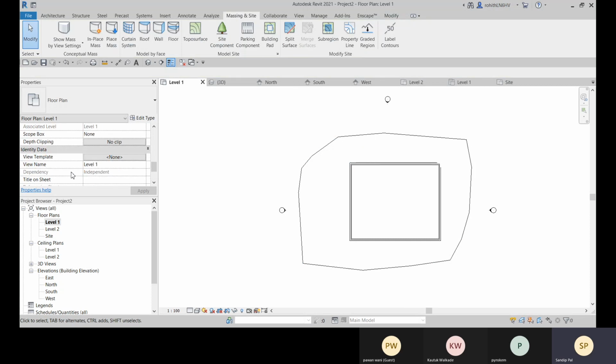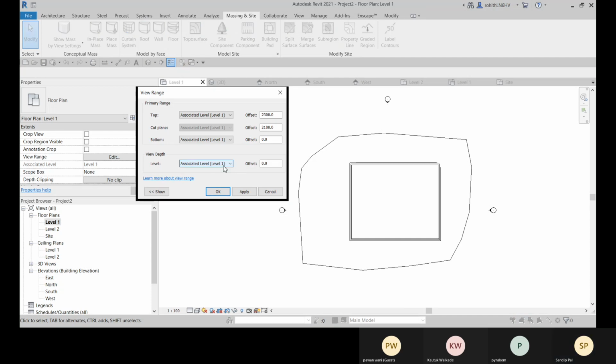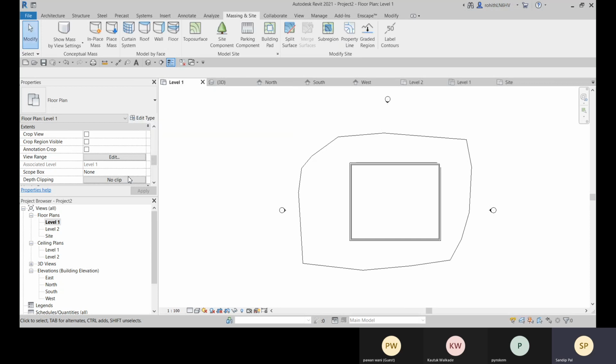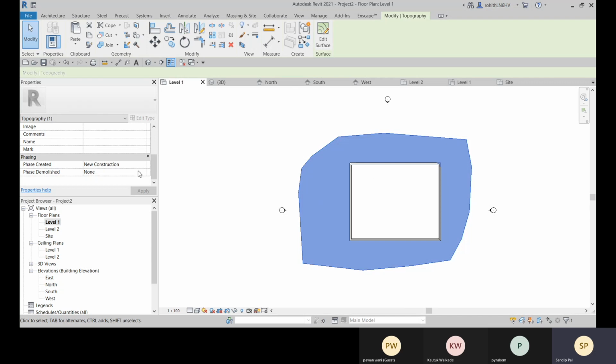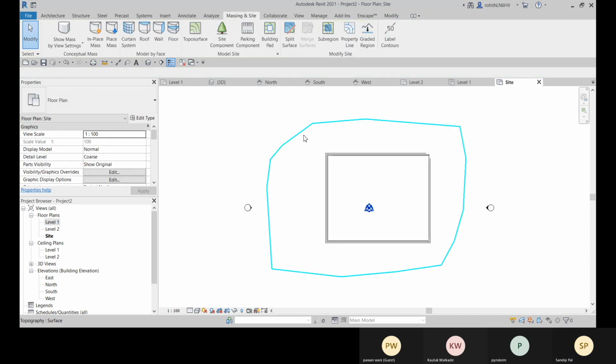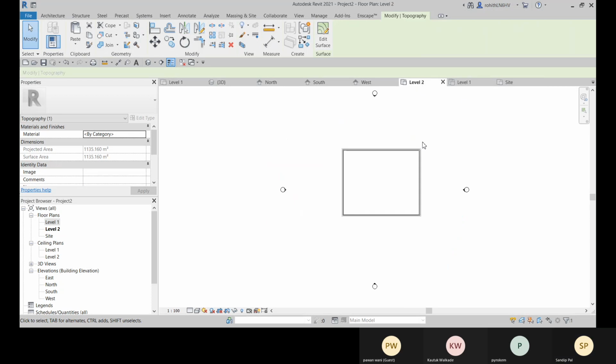And if I apply that view range, right now you see all of this is connected with this level 1, and this is the topo surface, which is now added here.